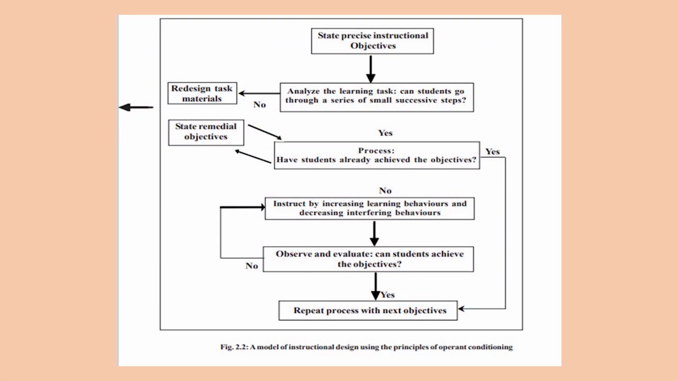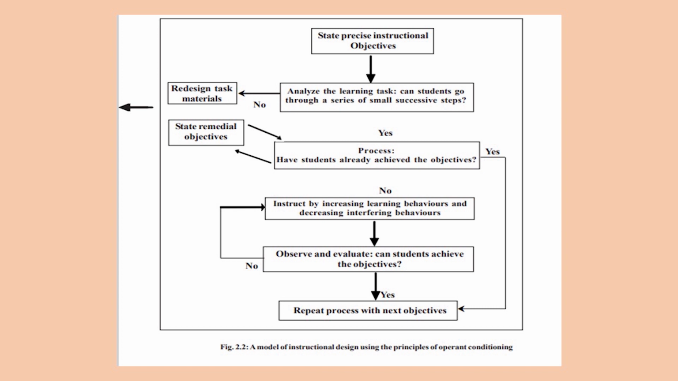If the student can go, then we will go towards the process. If the student cannot go, then we have to redesign our task materials. If the student can understand what the learning task is, then we go towards the process and have students achieve the objectives. Now, if the students have not yet achieved the objectives, then we have to state the remedial objectives so that the learning can take place. And if the student has already been able to achieve the objectives, then we will immediately go to our next objective. And if the student has not been able to go towards the learning objective,